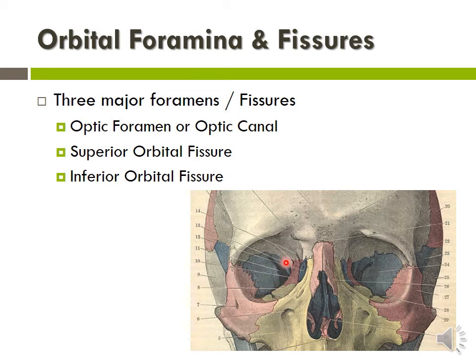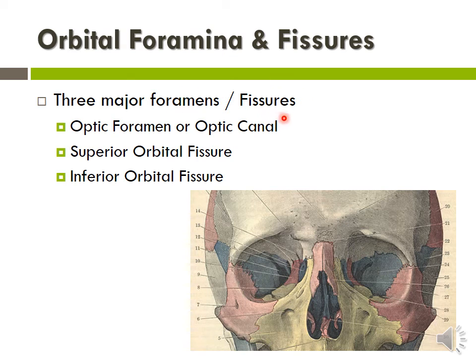And you can easily say what the superior orbital fissure is. It is nothing but the gap between the lesser wing of sphenoid and the greater wing of sphenoid, through which a number of blood vessels and nerves are passing, which we will not be discussing here, but later when we are discussing the cranial nerves. So remember that